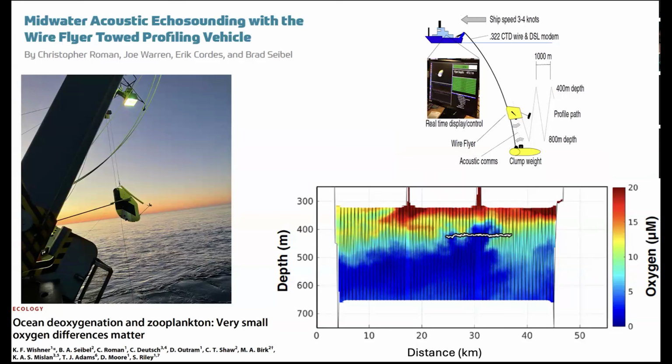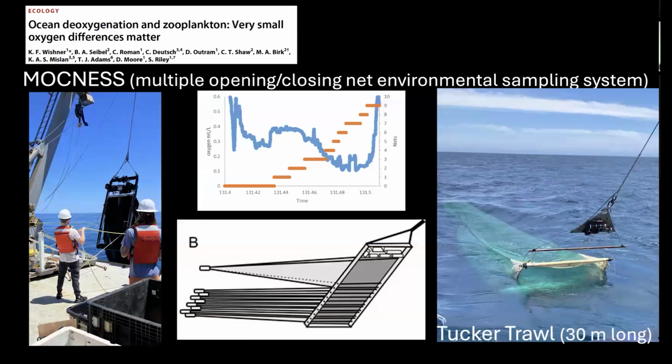This line is where we towed a multiple opening-closing net system. You can open the net multiple times. There are 10 different nets on it, and you can open different nets at different points. And so you can tell that where the oxygen is low here, there were relatively few zooplankton. Here they were higher, and here they were low again. So you can get a real glimpse. This is a trace. Just a few micromoles of oxygen across that depth gradient was noticeable in terms of the abundance of different